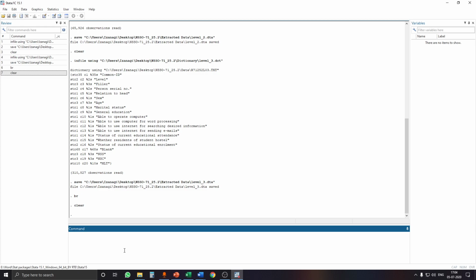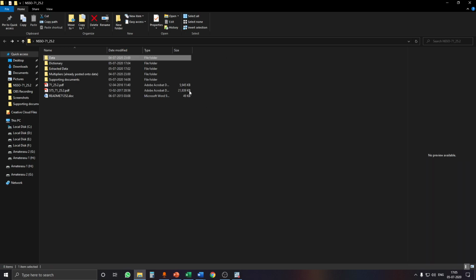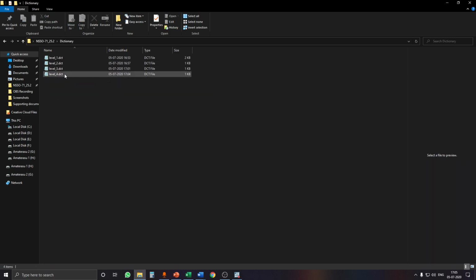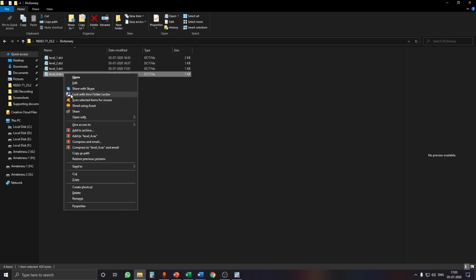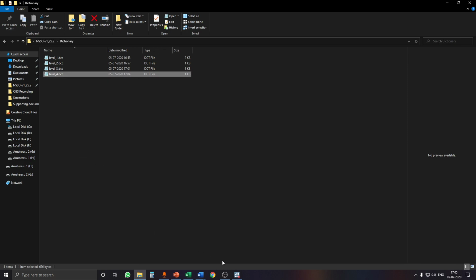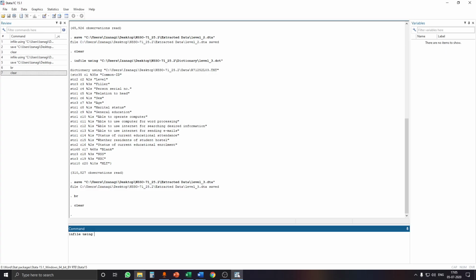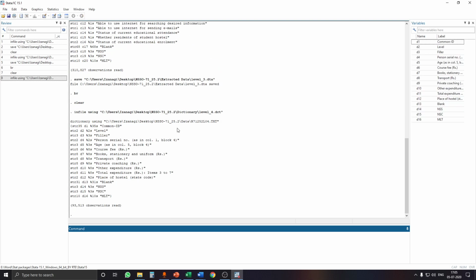Now again we open the data with the command file using, and now we have to specify the path of the dictionary file. So we are going to open our dictionary folder. Here it is. We are going to press and hold shift, right click on it, and this will give us copy as path. Now we will go back to Stata. We will paste the file path here and press enter, and you can see that our fourth level has been extracted and we have